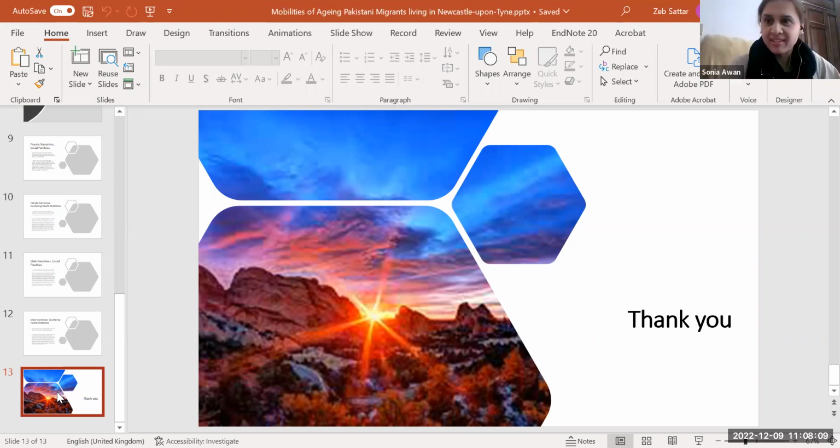Thank you. Yes, I have one final question before we say goodbye. So I'd like to ask you about your book. Is this book about Pakistani first generation migrants in Newcastle-upon-Tyne, or is it more broadly about Pakistani migrants in the UK? Actually, Sonia, this is the book on my PhD, so it has the different themes of the findings of the PhD,